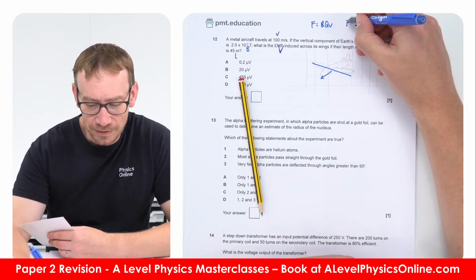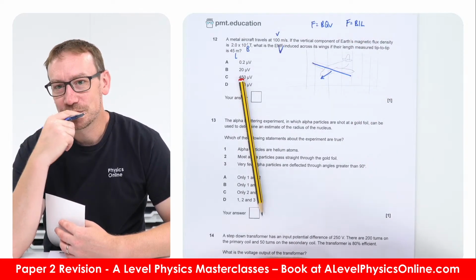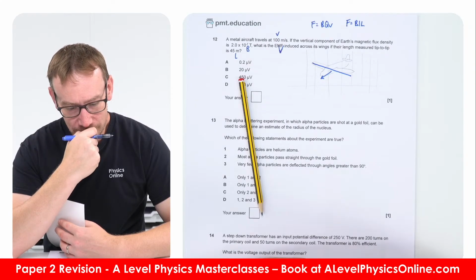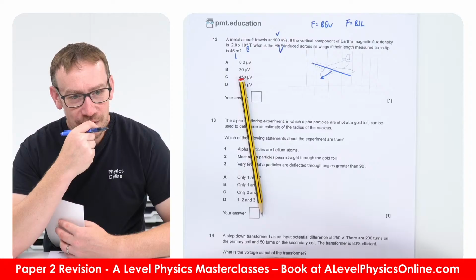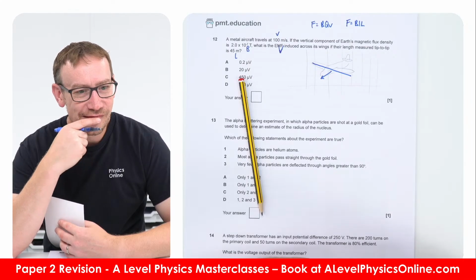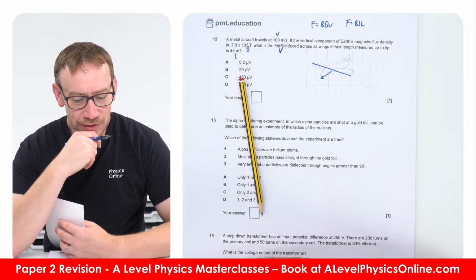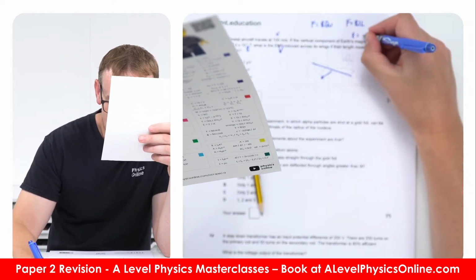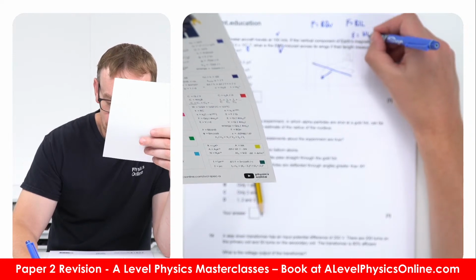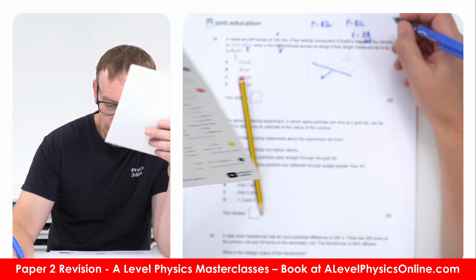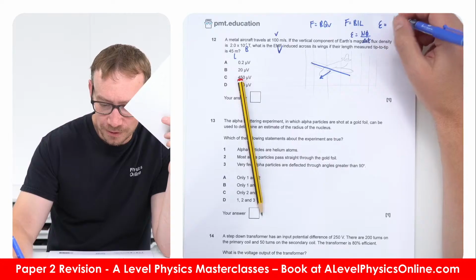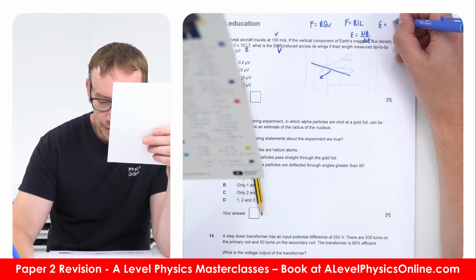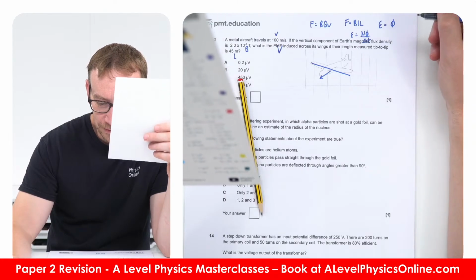So that would give us the force. But we want to know the induced EMF. So EMF is going to be equal to N delta phi over delta T. So the EMF would be equal to the rate of change of flux,